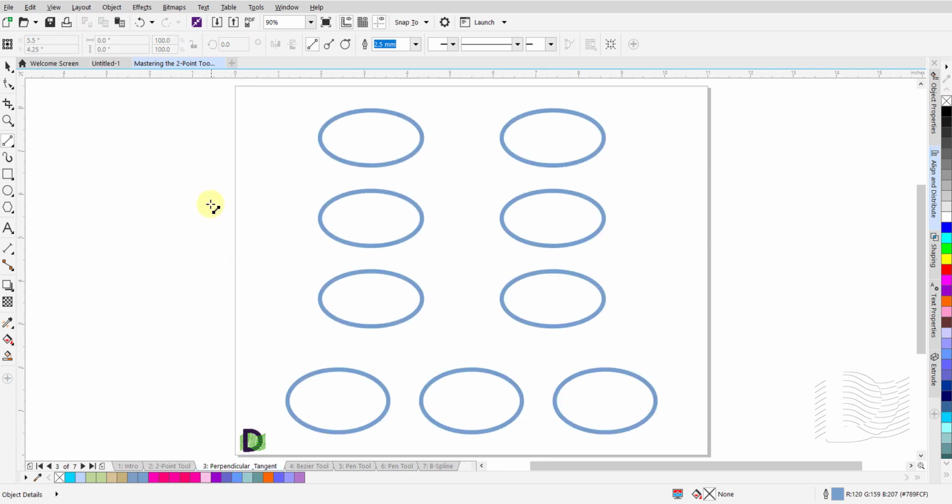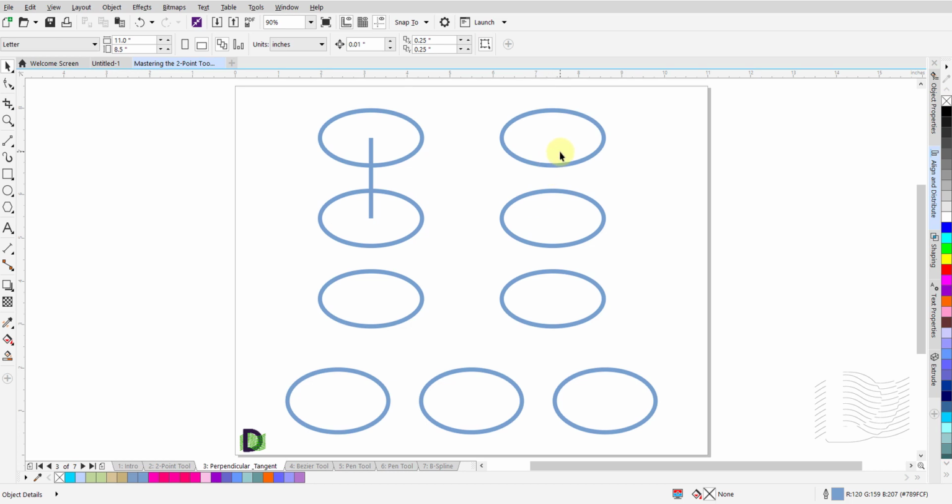To draw a perpendicular line, with the two-point line tool icon in the Drawing Tools section selected, click on this icon for perpendicular two-point line. Hover your mouse around the center of the drawing until you see the word Center show next to your cursor. Click and hold the left mouse button and drag the mouse, drawing a line towards the next drawing. Hover over the center of this drawing until you see the word Center show next to your cursor. Release your left mouse button to complete this perpendicular line.